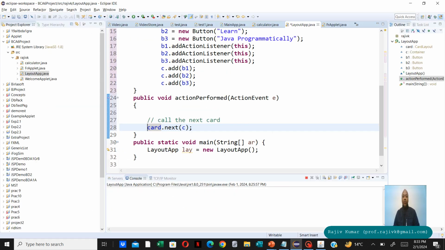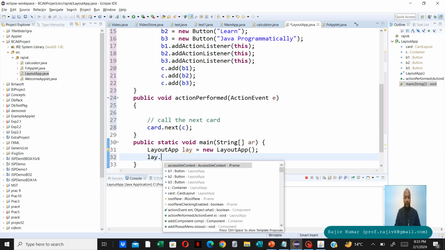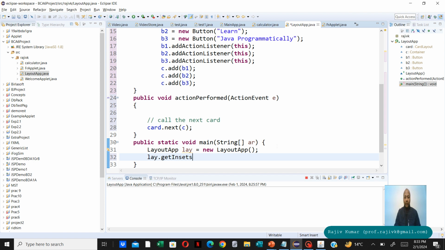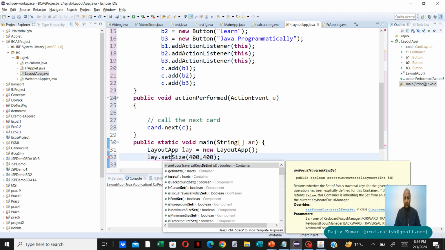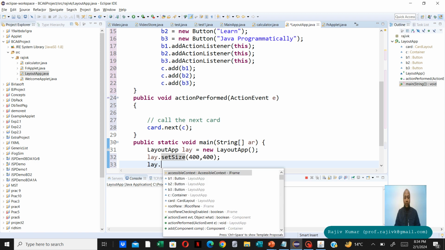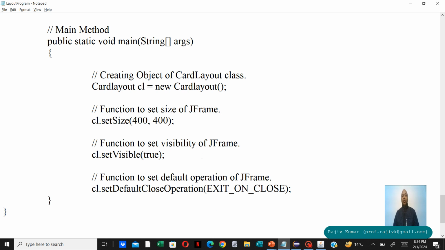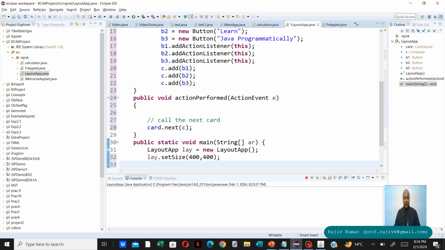Okay, so now we are going to do this layout, and we have to set the size of this layout. We will set the size. Let's set it to some value. Now once this has been set, now we have to set it to, okay, once we have set its size, we can also set visibility true, and then we have to set its